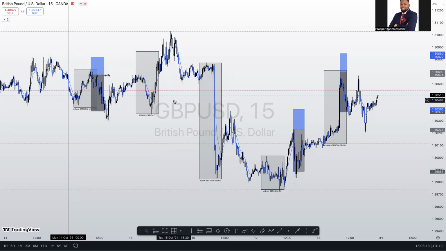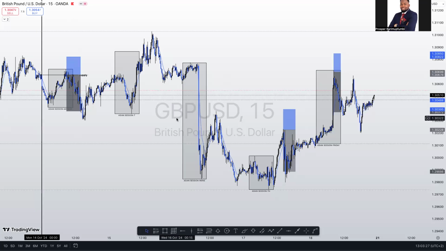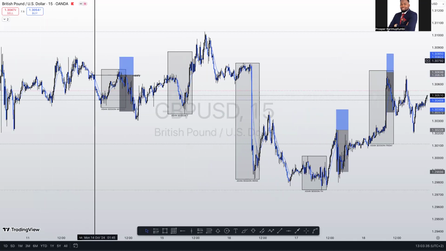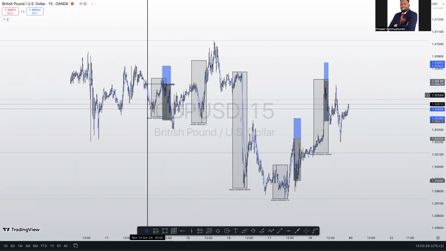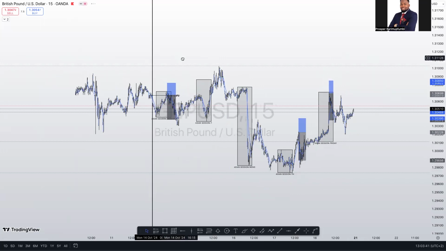So if you can see from the chart, there are some details there that I've already put, showing you whatever I was actually expecting, right? So this was on Monday, right? Monday Asian session open, right? So if you look at whatever was happening before then, you can see that